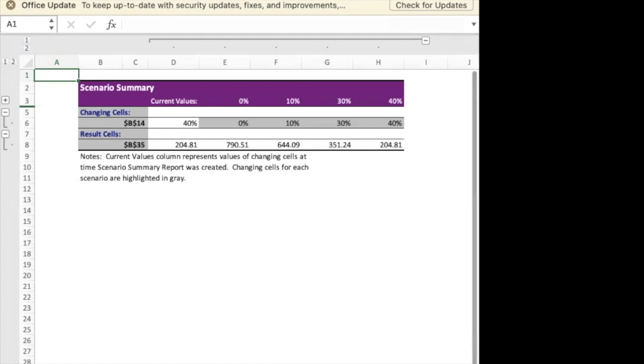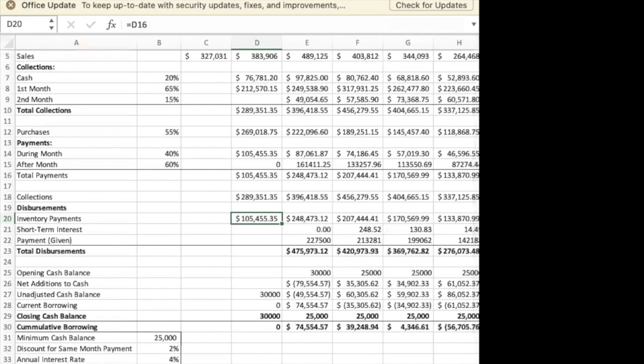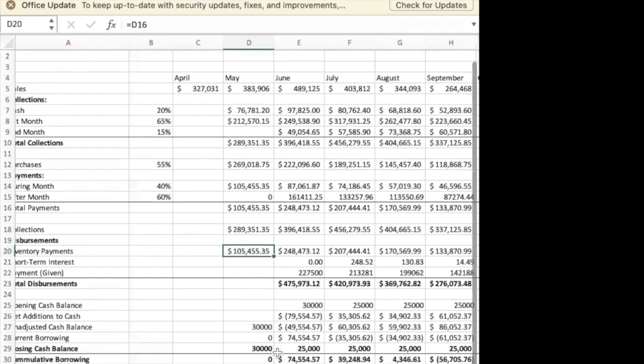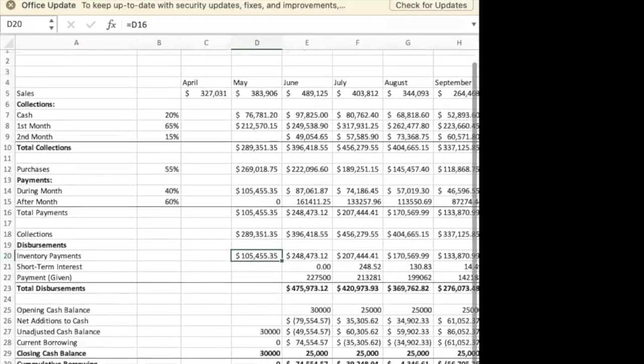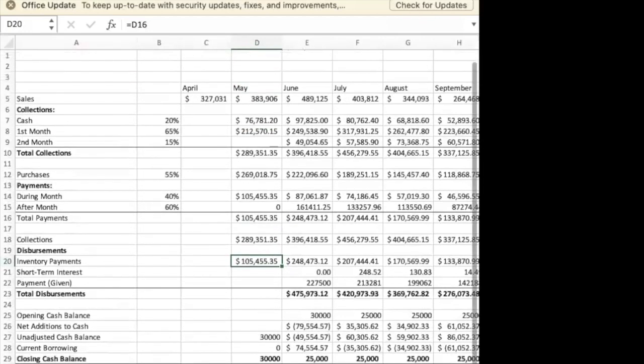All right. So I'm going to go back to my first sheet before I expand upon the scenario summary, and work on a little bit of formatting tools. Show you I have a little something. I'm going to rename this to cash budget. And then I'm also going to add,